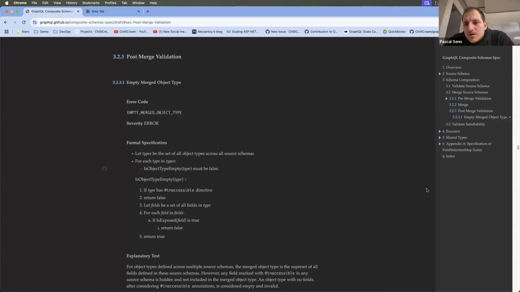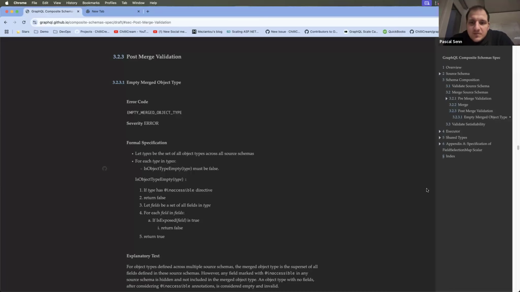You can run it as pre-merge and you can run it as post-merge. It's just that the pre-merge validation rules are always very complicated, because you don't have one schema that you have to validate, you have many. And the reason why there is a pre-merge step is that, especially for the case of interfaces, for example, you have to merge to know what fields you have to define.